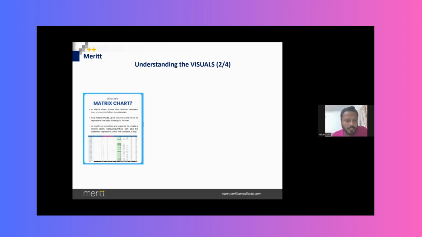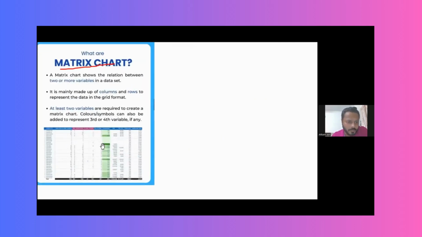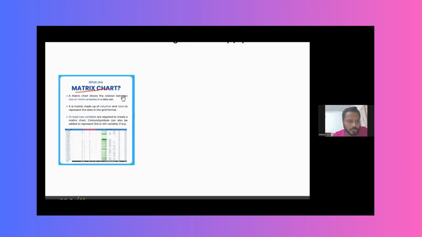So if we go to the next visual, that is the matrix chart. It is similar to a table, right? Here you can see this is a matrix because you can expand each and every row to go to the next level as well. It shows the relation between two or more variables in a data set. It is mainly made up of columns as well as rows to represent the data in a grid format. This is similar to Excel, where I'm getting rows as well as columns. But here I can expand the rows and fetch more levels,